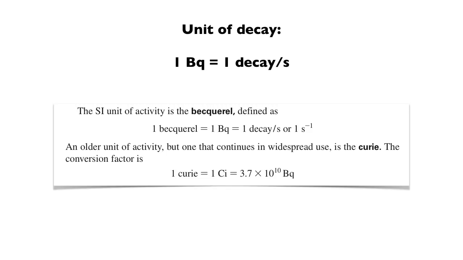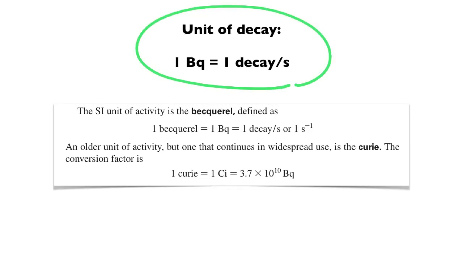The unit that we use for decay is the becquerel. That's the SI system of units, and a becquerel is 1 decay per second. But sometimes there's an older unit that people use, which is the curie, and you'll see this from time to time. And 1 curie is 3.7 times 10 to the 10th becquerels. So typically, for typical sources, the activity is going to be in megabecquerels, or for curies, in microcuries. That's typical because the curie is big and a becquerel is small.